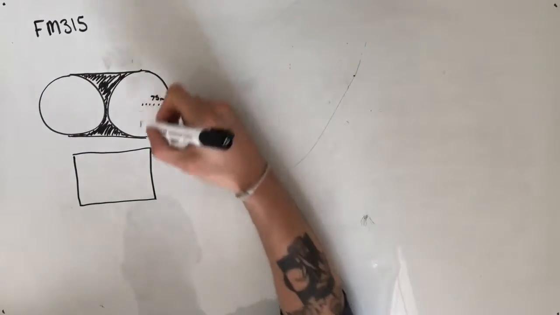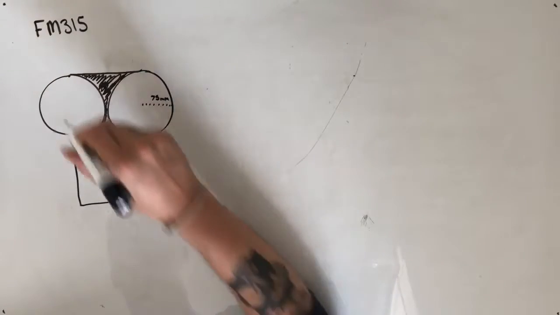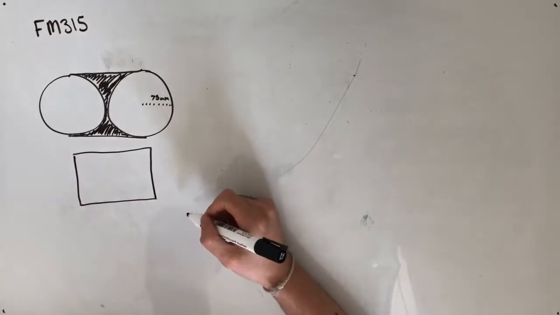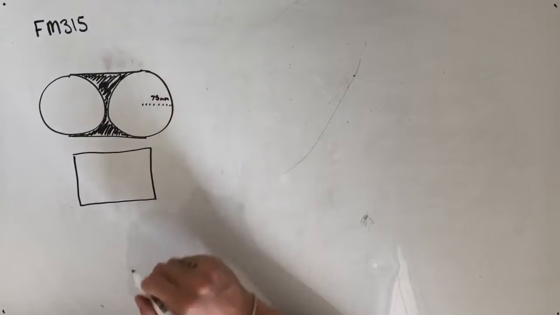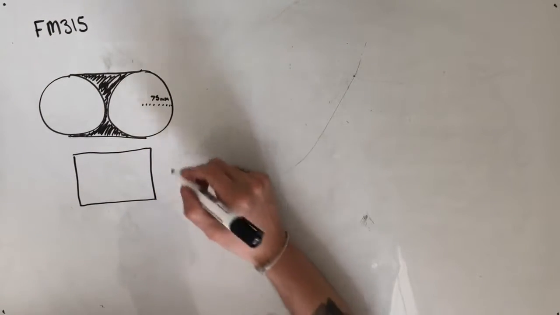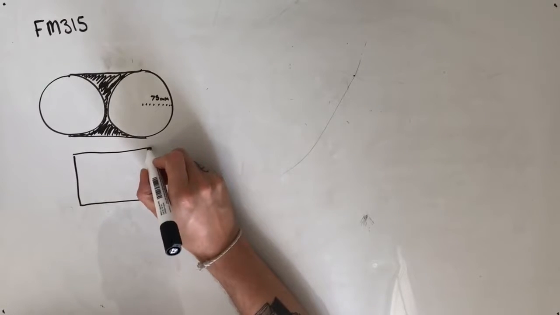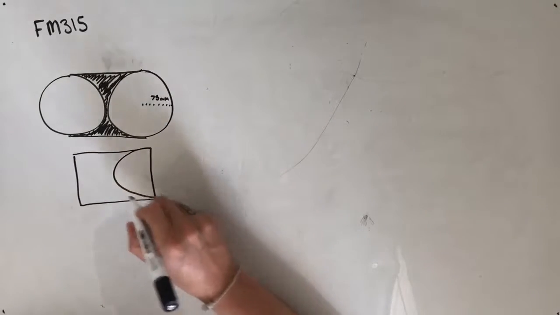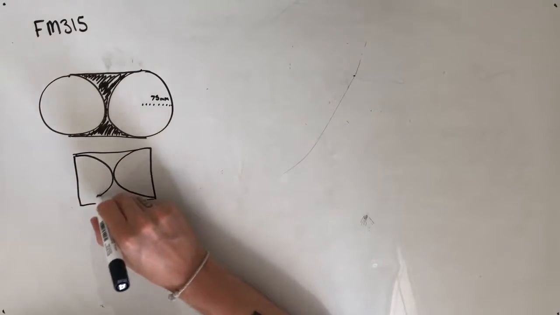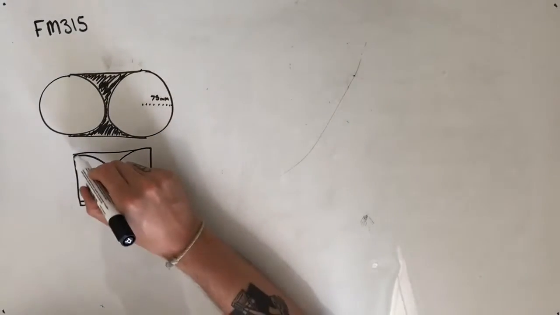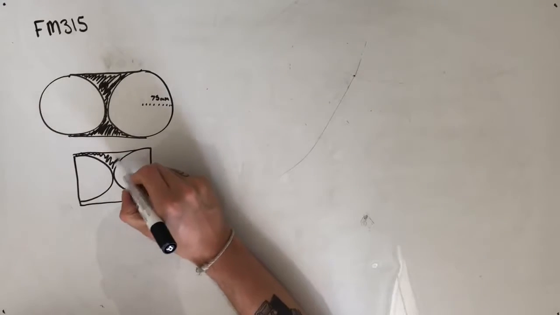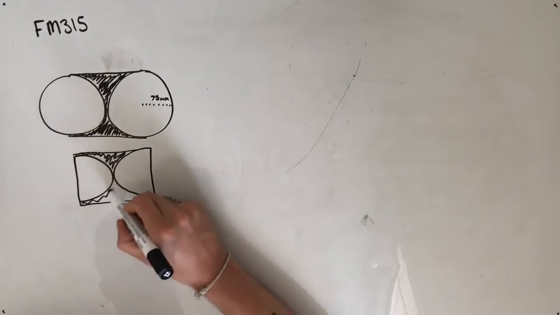It should be touching just here, and just there, there, and there, and those are the four corners of our rectangle. And then we're going to want to subtract the two half circles that make up a full circle from that rectangle and be left with the shaded region